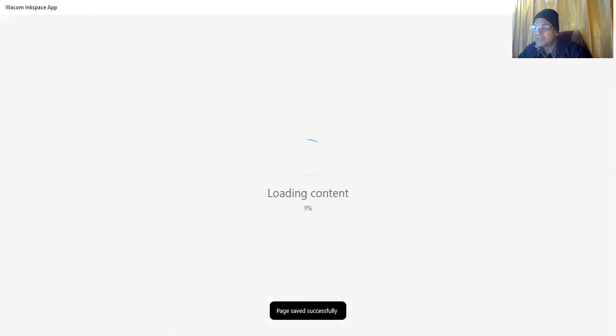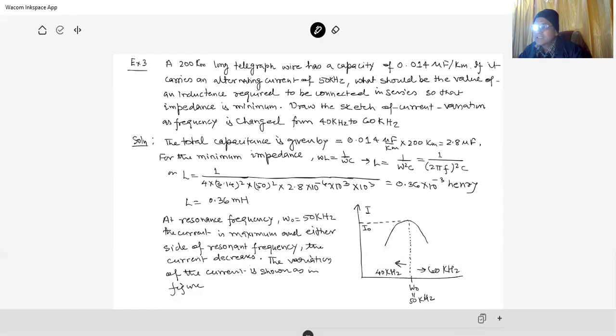Now the third example is for the connectivity. That is, we know that a carrying wire has a capacity, where one part is the wire and the other part is the earth. On the basis of that concept, there is another example, that is the third. The third example is a 200 kilometer long telegraph wire that has a capacity